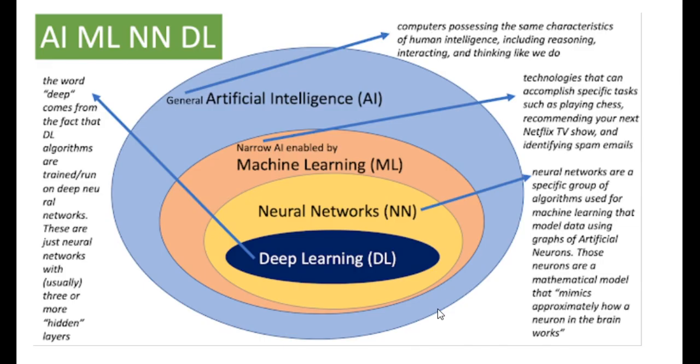The next, the world. Artificial intelligence, machine learning, neural network, deep learning are the future. They are the present, they are the future of the IT sector, where deep learning is the subset of neural network, which is the subset of machine learning, and finally artificial intelligence ahead. Machine learning is the subset of artificial intelligence. Future is this only. So we have to see the prospect and do the needful. Thank you. Have a nice time ahead.